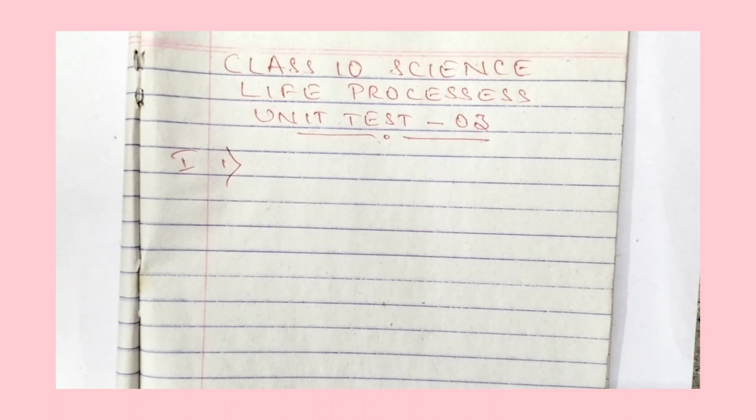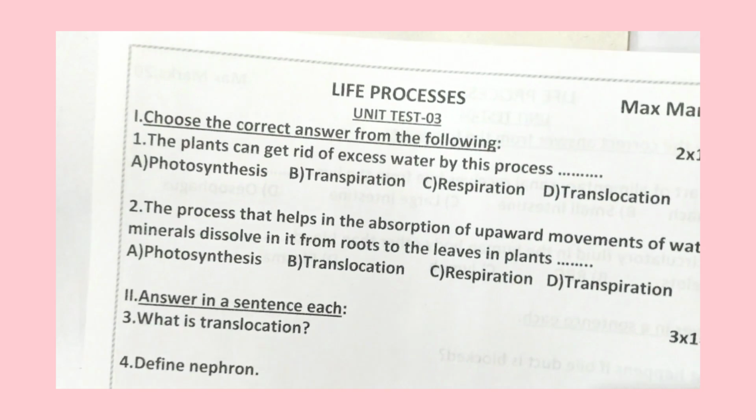In this video, we are going to continue class 10 science. This is life processes unit test paper 3. So let us solve this paper now. So the first question of unit test paper 3 is